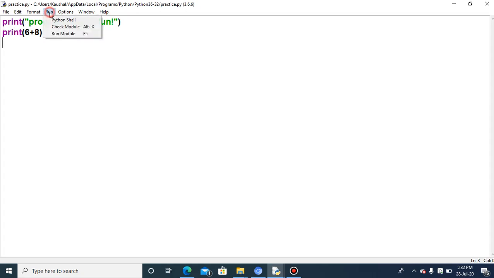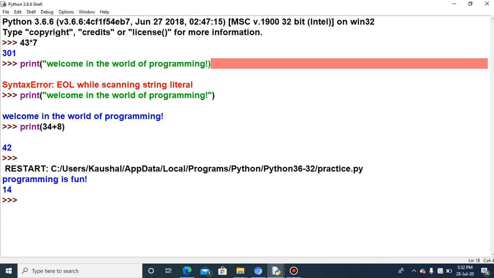Click on Run to execute, either click on Run Module or use the shortcut key F5. The shortcut key F5 is used to run your file from the keyboard. I am using the mouse, so I will click here on Run Module, and you can see here the output. Don't look at the upper part, just look from where the RESTART is written. This is the output for your program.